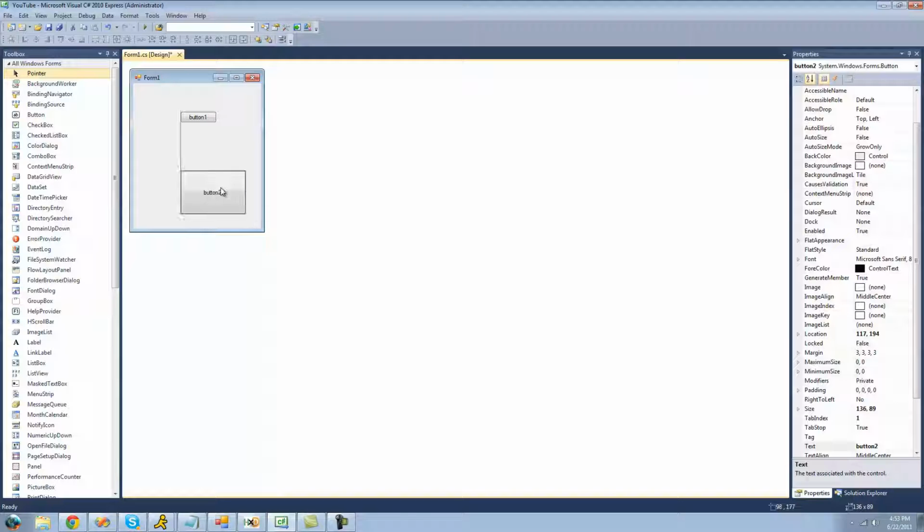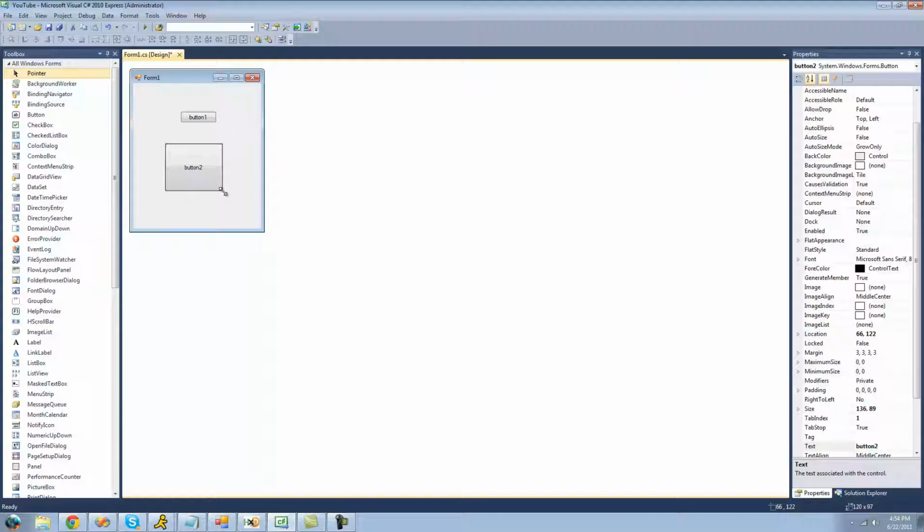If you don't want your form or your control to get stuck when you're moving it, all you have to do is hold down Alt, and you can move it the slightest bit, and you can move it anywhere you want. Those lines are not there anymore. And then you can just release. Also, you can resize your control. In order to do that, you're just going to want to hover your mouse over these little boxes around your control and click and drag, and you can make your control any size that you would like,